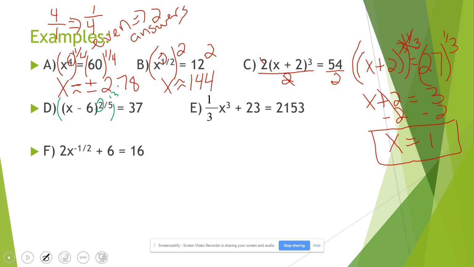The reciprocal of 2/5 is 5/2. So I'm going to take both sides to the 5/2 power. And on the left, the 2/5 and the 5/2 simplify to 1. So we're left with the x minus 6 plus or minus, and 37 to the 5/2 is